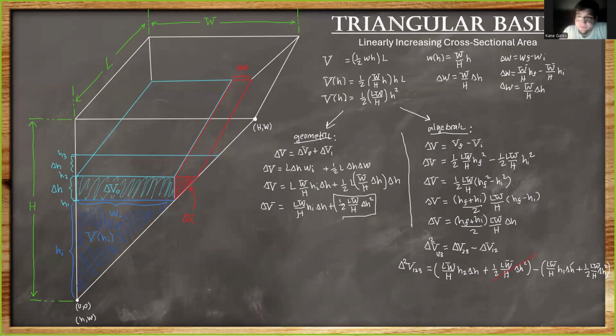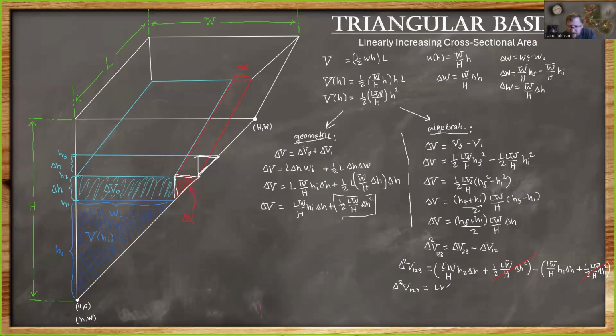Cancellations. Yes, cancellation, right? So what we end up with is finding out that because these triangular components of the change in volume are the same for a given delta H, when we subtract one change from the others, those triangles stop mattering, right? So they're going to cancel out. And what we're left with